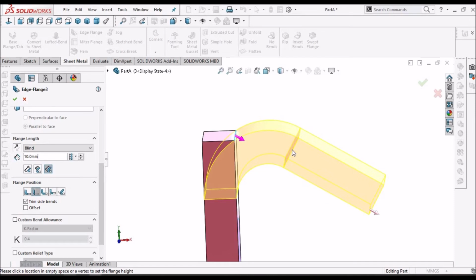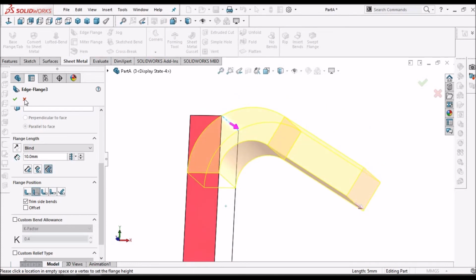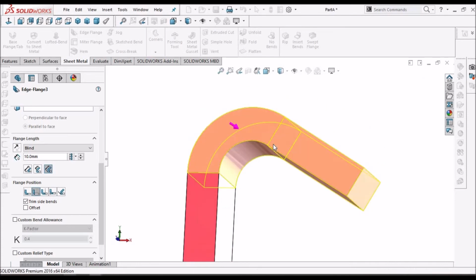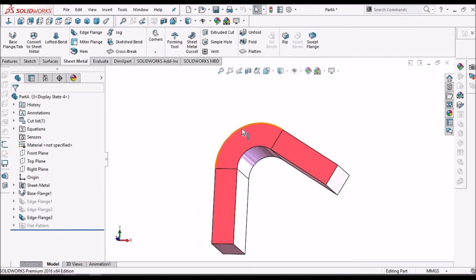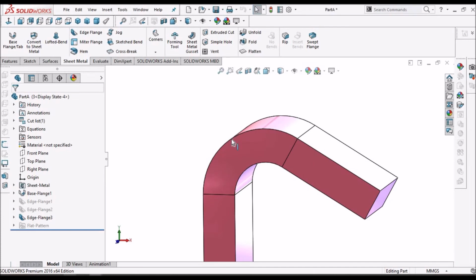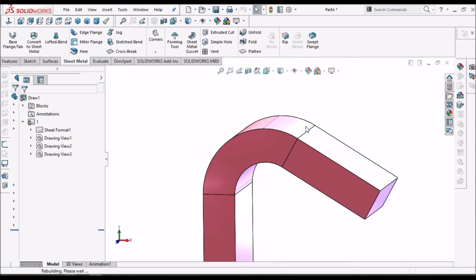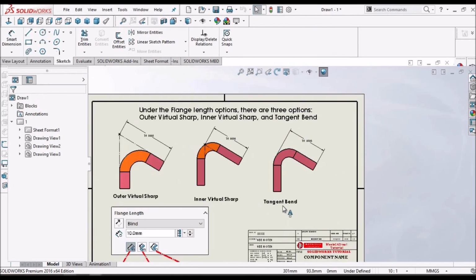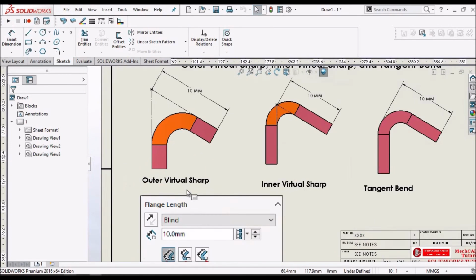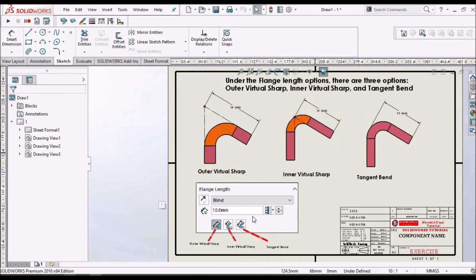So this is mostly preferable because the physical component is measured from this tangent edge to this end of the flange. So this tangent bend and outer virtual sharp, two options are most frequently used.